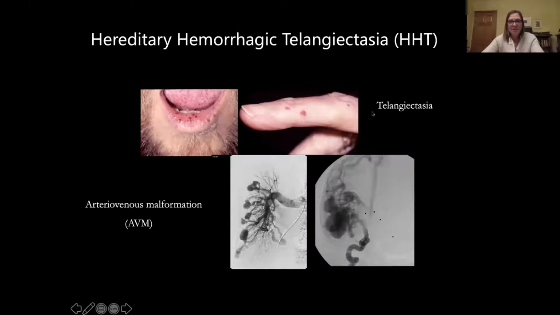And the small ones are the telangiectasia, which you can see here typically on the lip and finger of these patients. And the larger ones are called arteriovenous malformations, or AVMs. I know that I'm speaking to a very well-informed audience, but I wanted to at least define these terms before we launch right into the guidelines story.